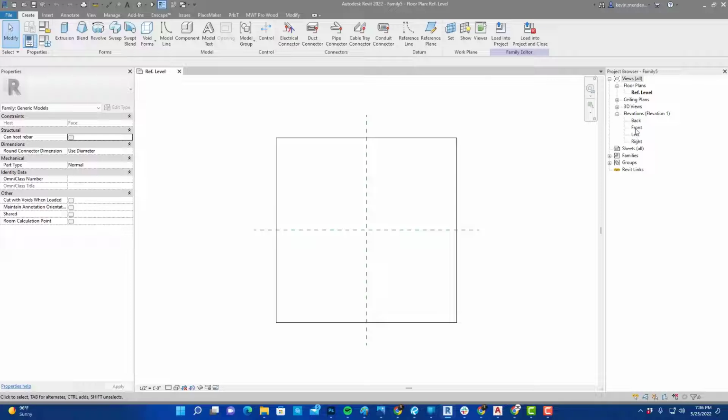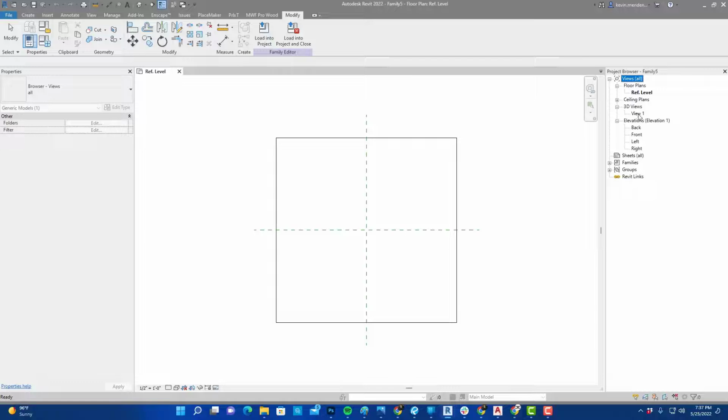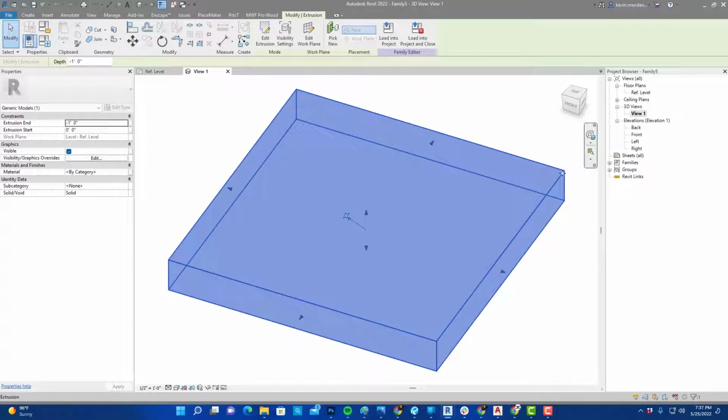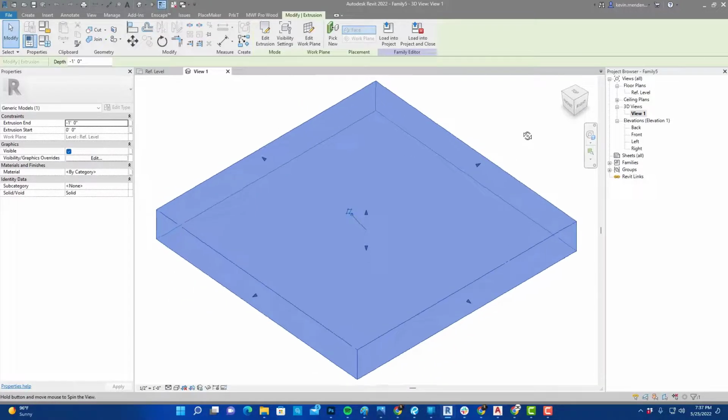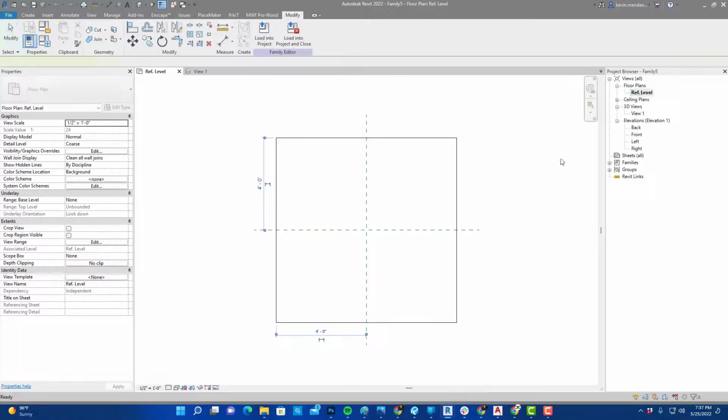You have front, left, right, back, which is front, back, left, right. But you'll notice that we have this here, and that is the face that we are working on. And if you look on the view cube, we can kind of see front, right, top, etc. So now, if we go to our reference level,